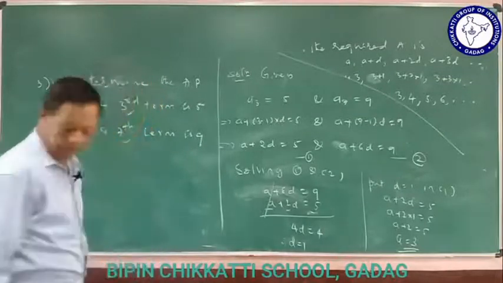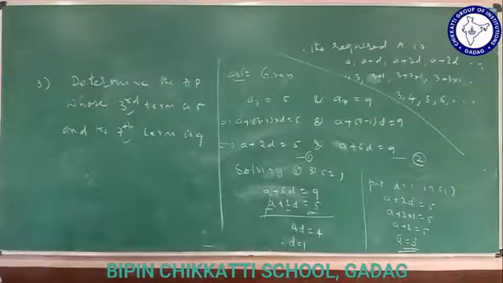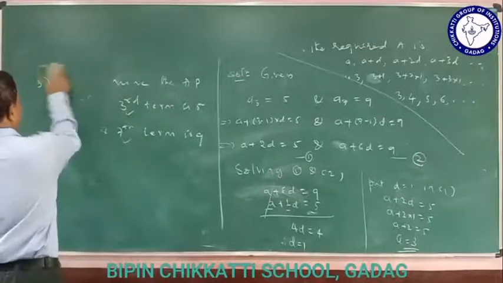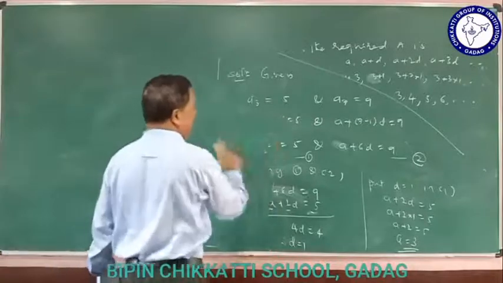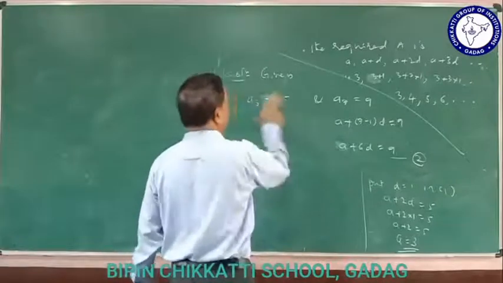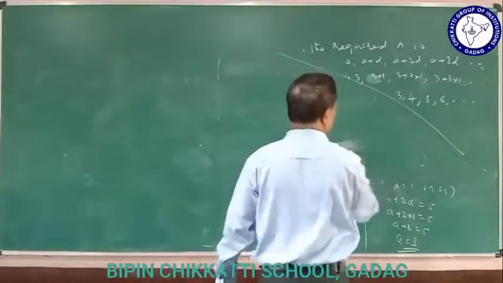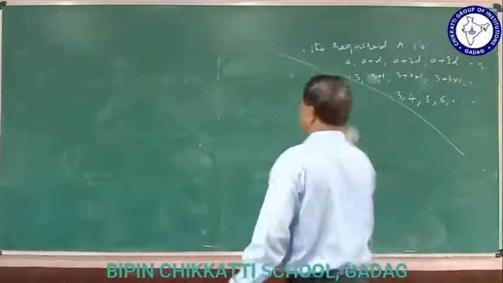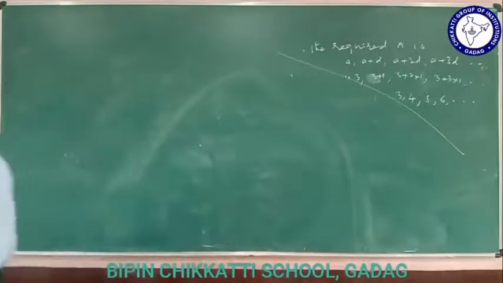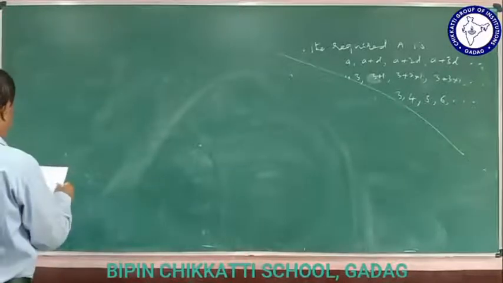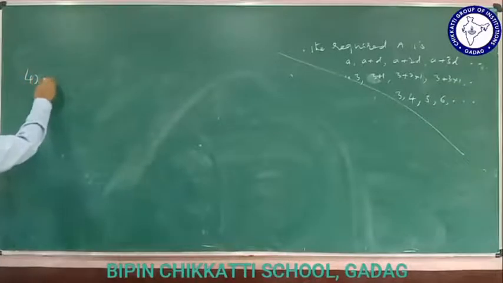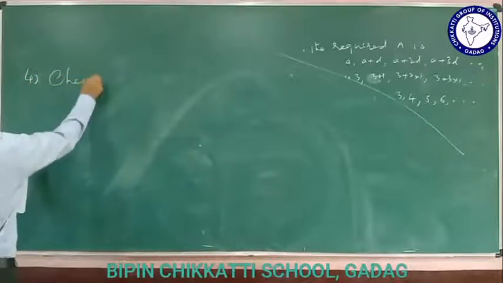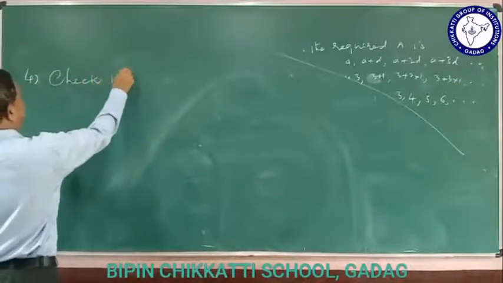Now I go for the next problem, in which what is required? Wherever you see that, the only thing is the nth term, the AP, first term, common difference. So this is the way we see the result. Let us see the next problem, how to find this. Basically here the AP is not given, you have to check it. In this example, Fourth example, check whether